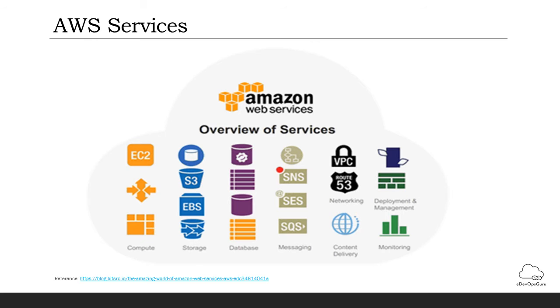So these were the very commonly used services. There are many other services also, like you have the NoSQL databases, then you have SNS for Simple Notification Service, then SQS is there, which is one of the first AWS services created and developed by AWS. Then you also have multiple monitoring services and so many things.